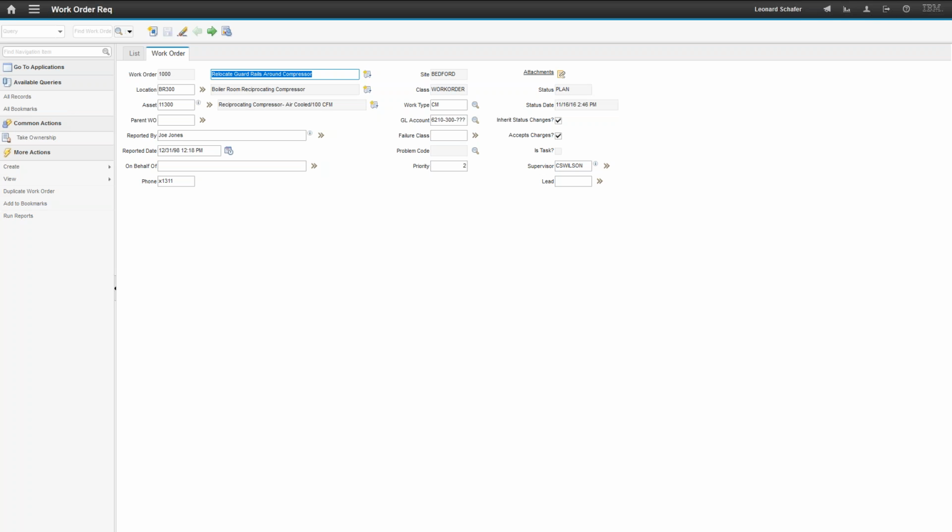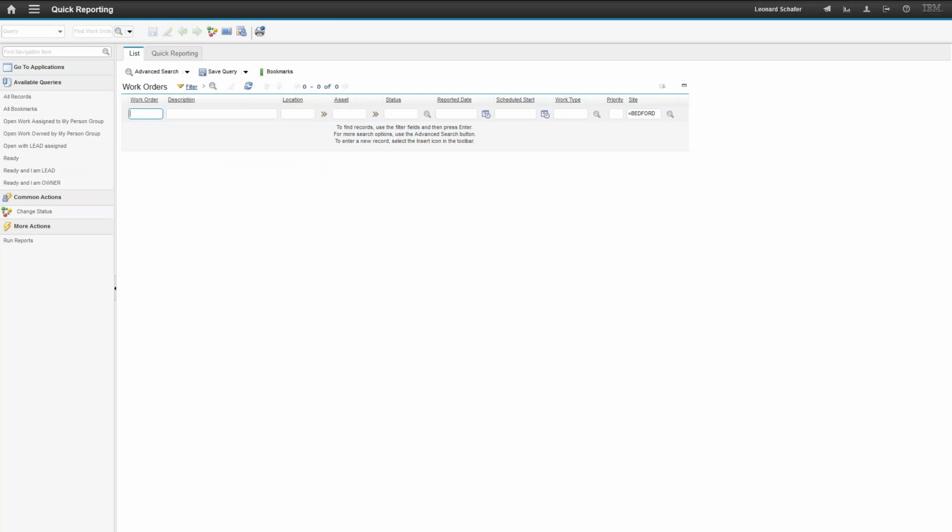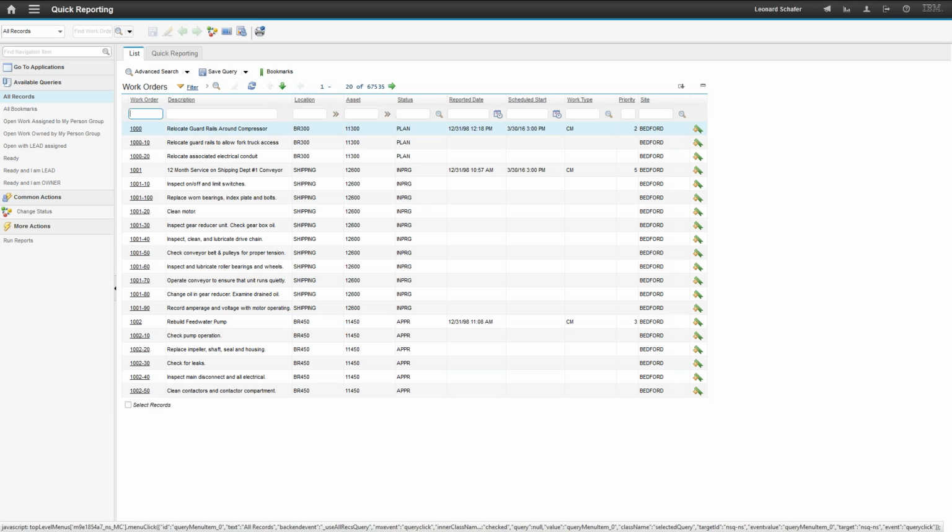So the question is, is there an application restriction that hides work order records from one application or another? And the answer is no. So quick reporting will be able to see all the work orders that you have in work order tracking out of the box. Now, if you have made an alteration to put in an application restriction, then that would not be the case. But out of the box, all the work order records that appear in work order tracking would appear in quick